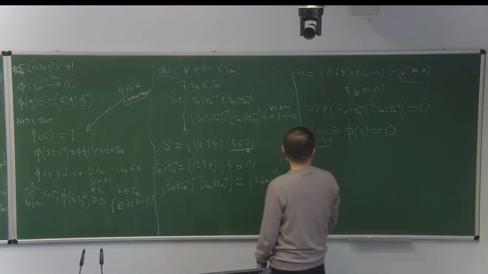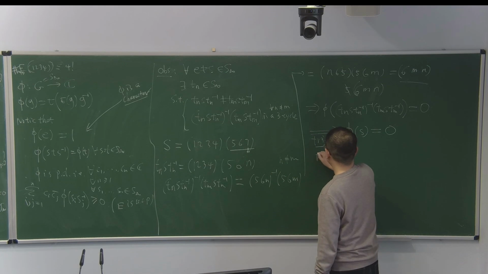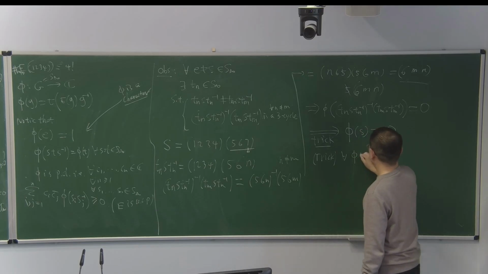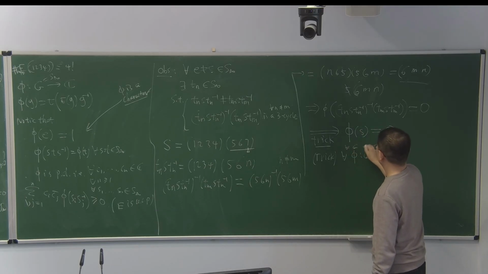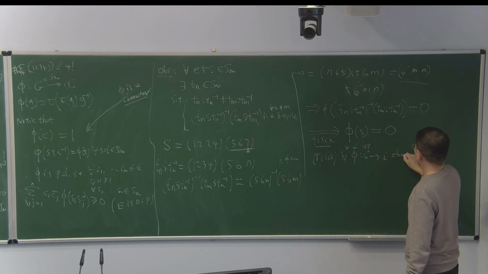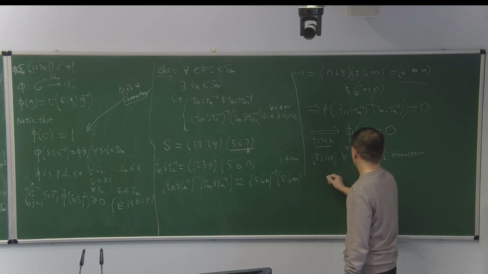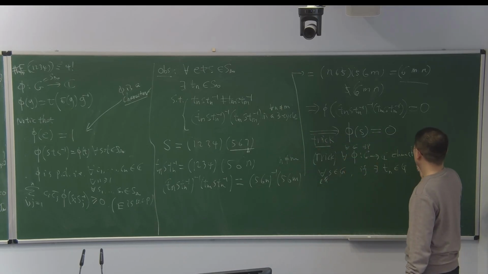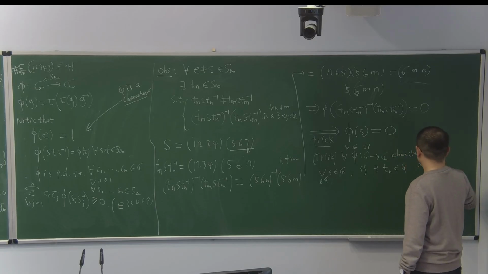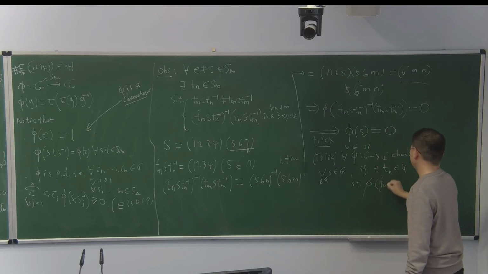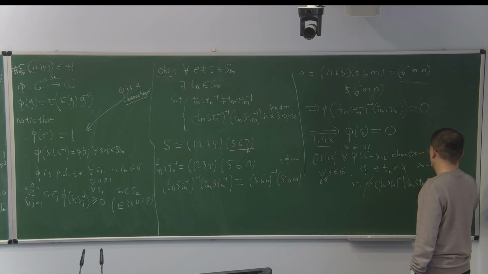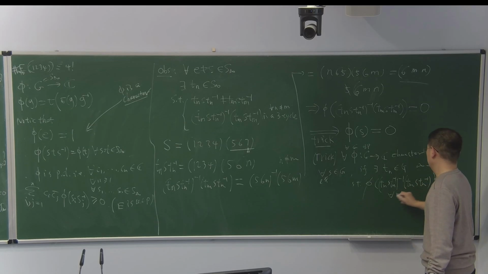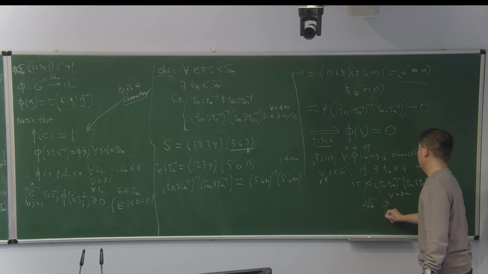Okay. So the trick, let's say: this trick is for any countable discrete group G and any character phi, for any s in G, in particular for non-trivial ones, if there exist infinitely many t_n in G such that you compute this difference and it is 0 for any n not equal to m, then phi(s) equals 0.